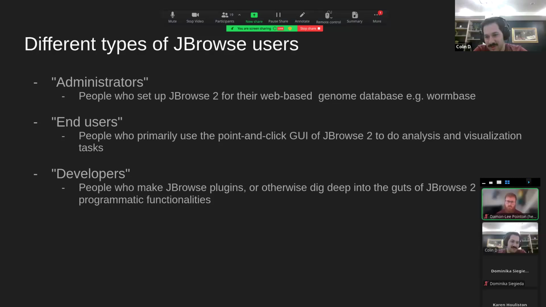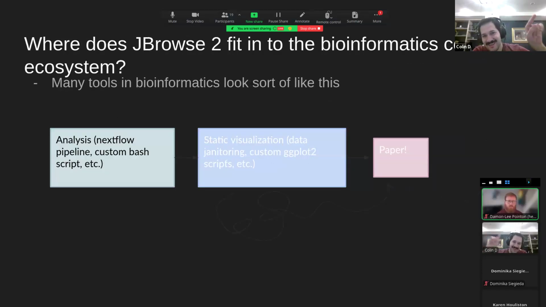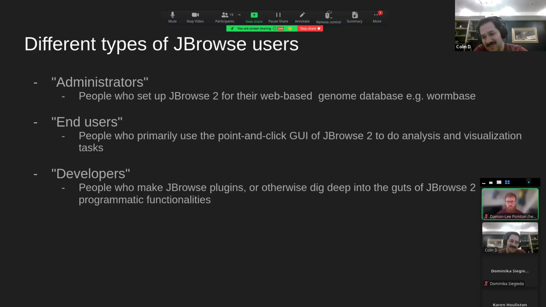Because I think it is important to note that when you're doing this old classic static workflow, you have the person who made the figure and the reader of the paper. But with, say, JBrowse in the middle, you have these different classes of users. You have administrators who set up the instance for you. You have end users who are the people who use the thing that they set up. And you also have people like developers who might just make a plugin for all sorts of people to use. And